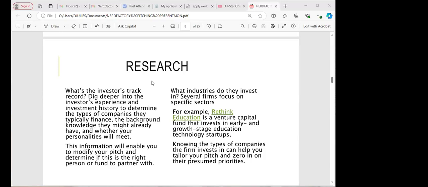And you also need to know the type of companies they are interested in funding. The MasterCard call is only for agribusinesses. So if you're not in agribusiness, definitely there's no point sending in your application for that call. And you also need to know the background knowledge they might already have and whether your personalities will meet. Yes, so this is just researching to know